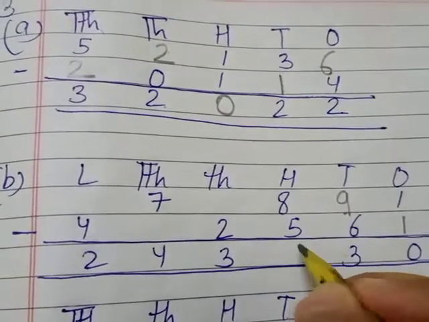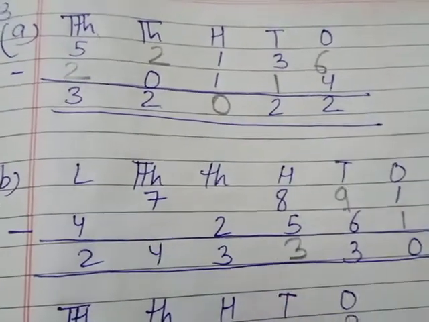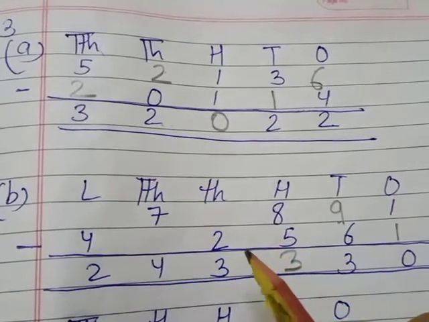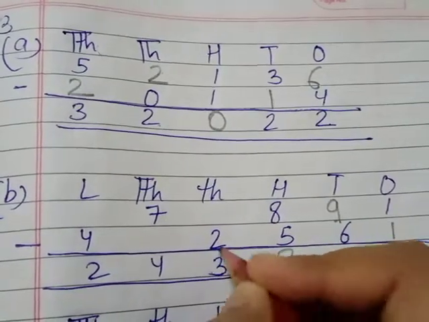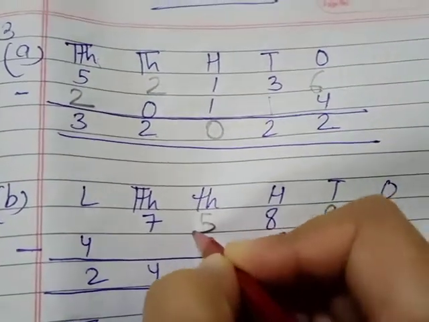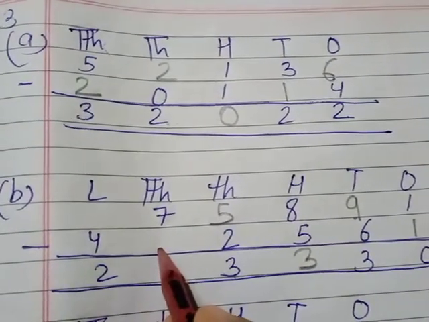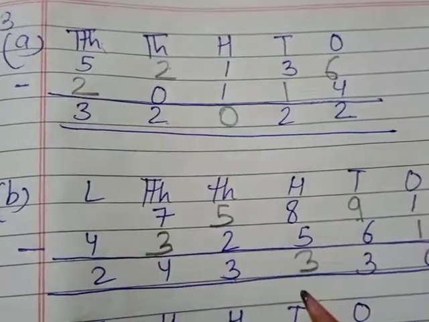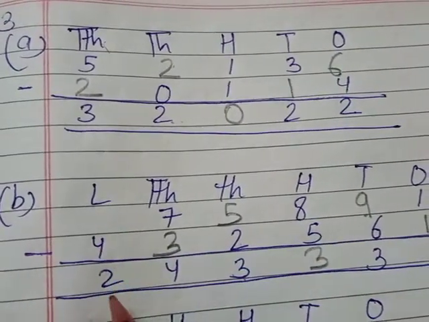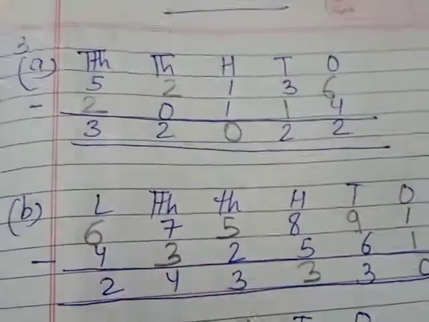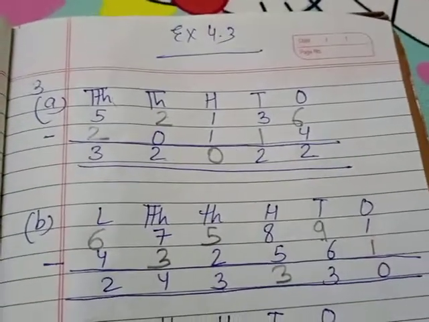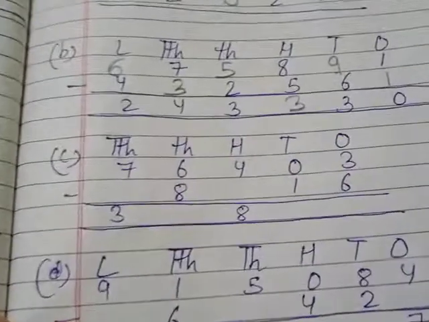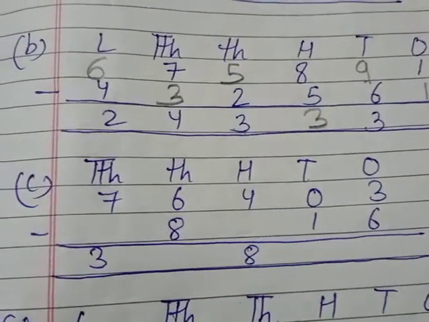And for finding the difference, minus only. Then again we have to find the minuend. The rule for finding the minuend is adding the difference and the subtrahend, that is 5. And for this subtrahend we have to subtract. 7 minus 4 is 3. Then again minuend, we have to add this, we will get here 6. Simple. Just going by the rules we can fill in the given boxes. Okay. Then question number C we will solve now.